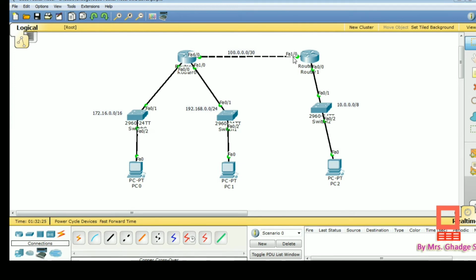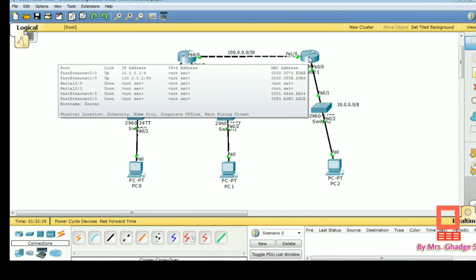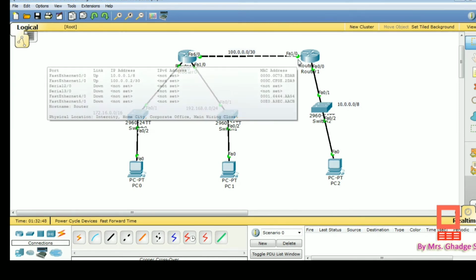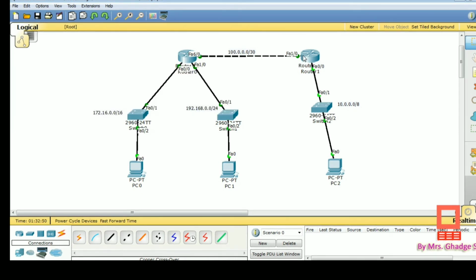So FA1/0, this is the end which is connected to router 2, which makes transmission from the first router to the next router. So FA1/0 is the next hop, that is from the first router to the next router. This is the next hop link for the transmission of the packet.